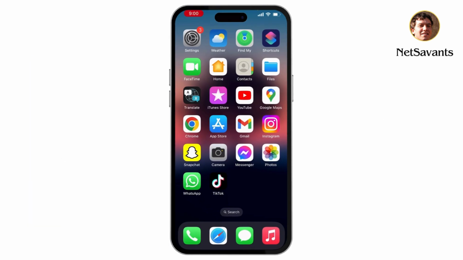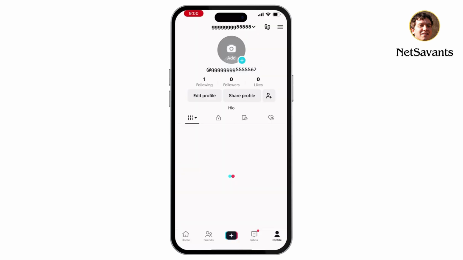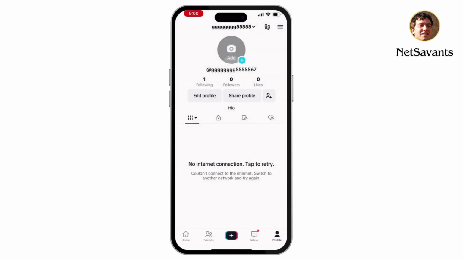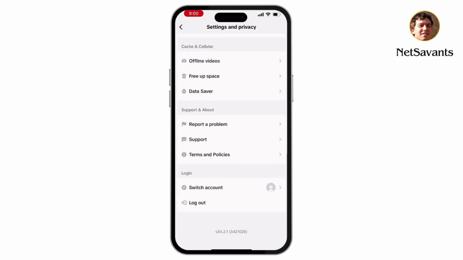To solve this issue, first of all, open your TikTok application, then click on the profile, which is on the bottom right corner of the screen. From there, on the top right, you'll see three lines. Hit on that and select Settings and Privacy. And if you go at the last, there you will see Report a Problem. Hit on that